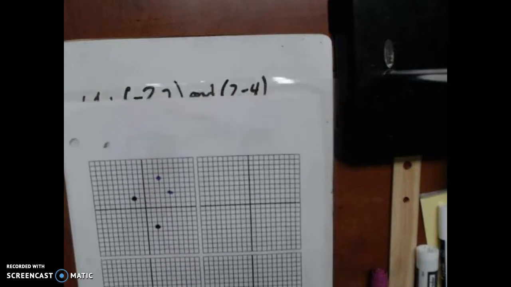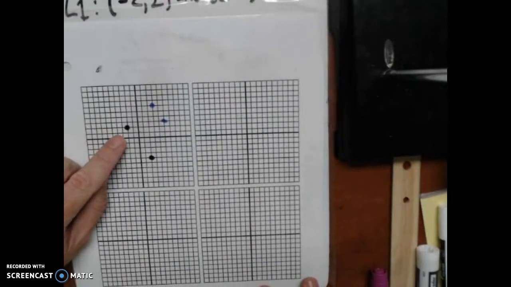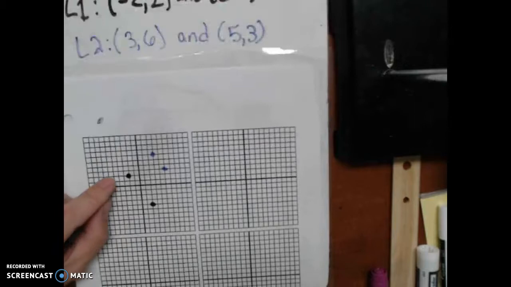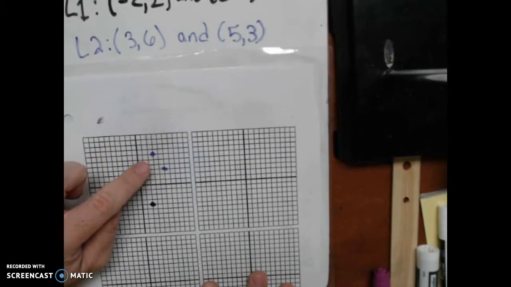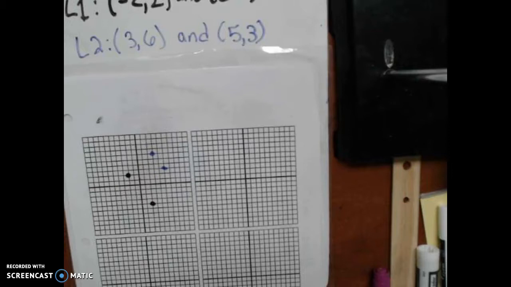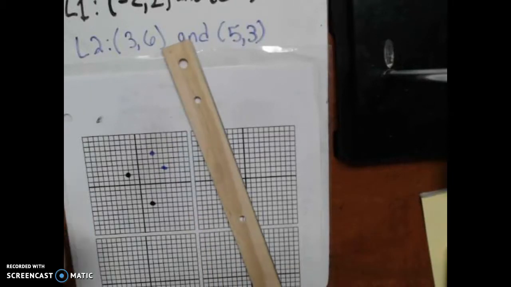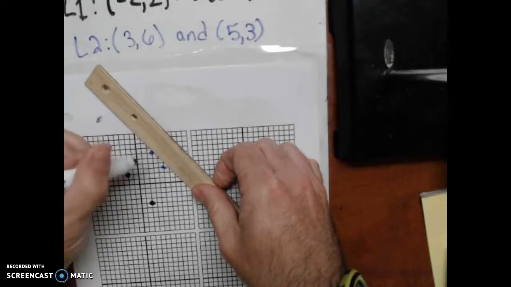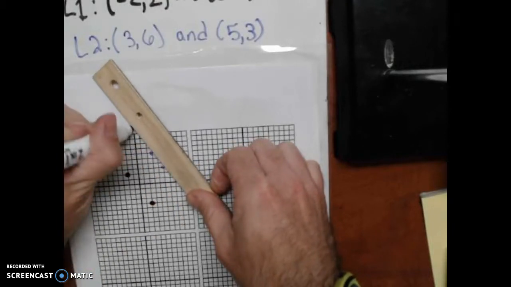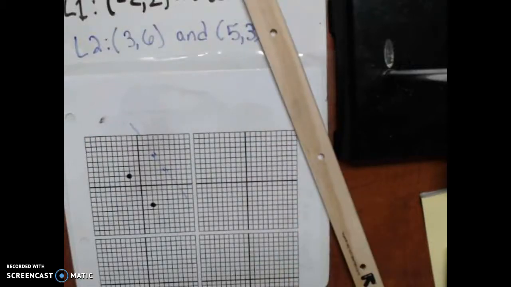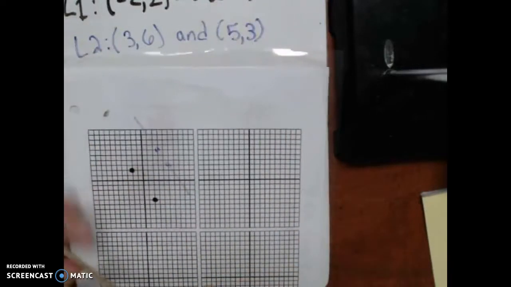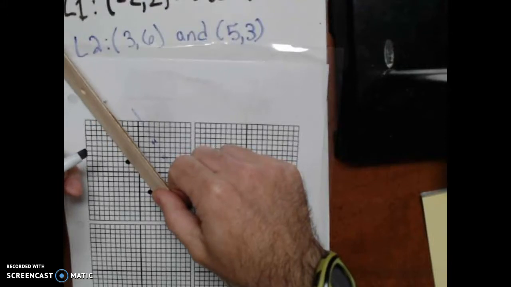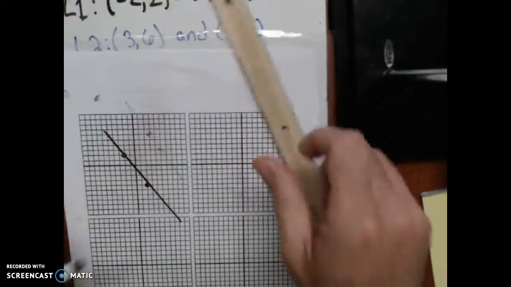And so I think that a good way to start this is just to get a visual of where these points are. And we'll take some guesses. So the black dots are the first one. We've got (-2, 2) and (2, -4). And then our other set of dots here at (3, 6) and at (5, 3). And if we go ahead and connect those dots, draw a line through those two sets of dots, they look kind of parallel, I have to say,